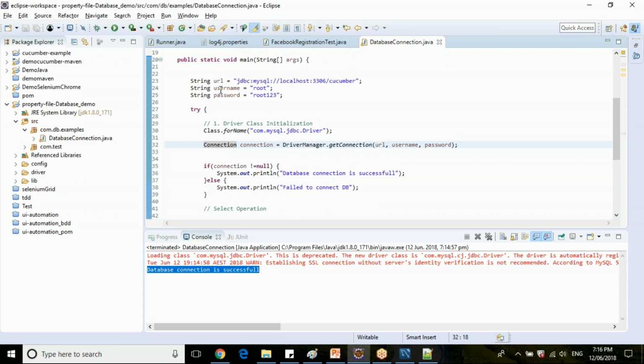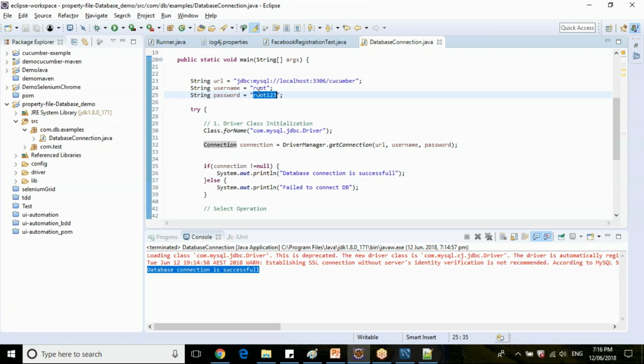Now, in your connection, you need three parameters. One is URL, one is username, and one is password. Since we have installed MySQL server on your local machine, you have passed localhost, and you are running MySQL server on 3306 port, and the schema which we are using is Cucumber, the schema which we have created yesterday.